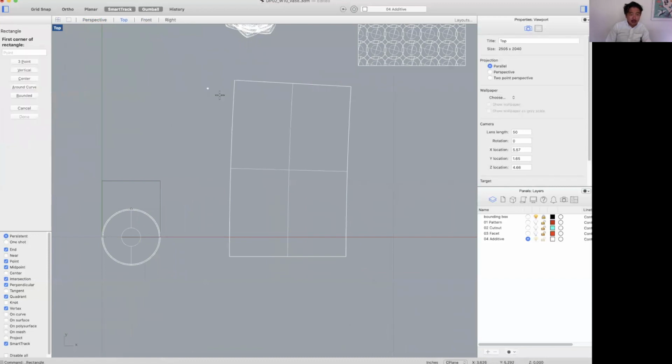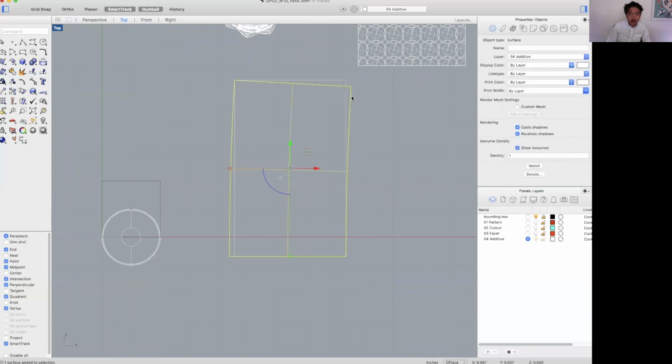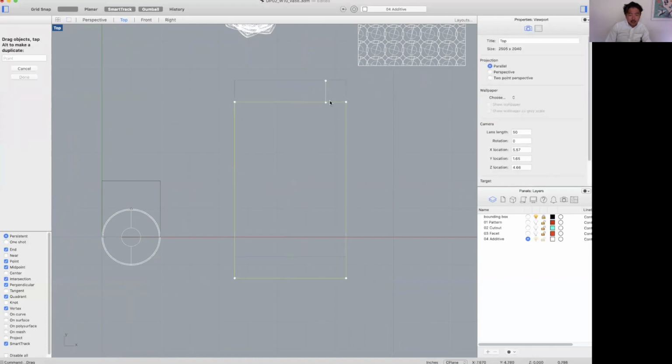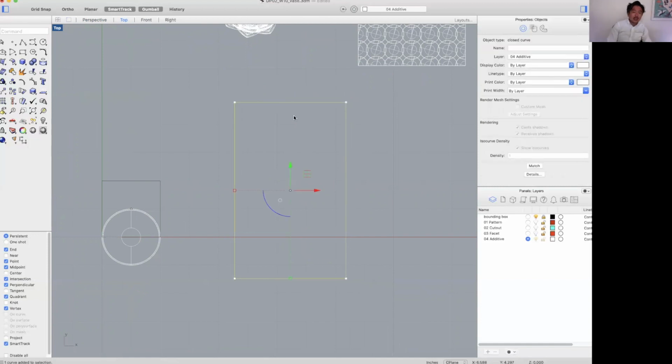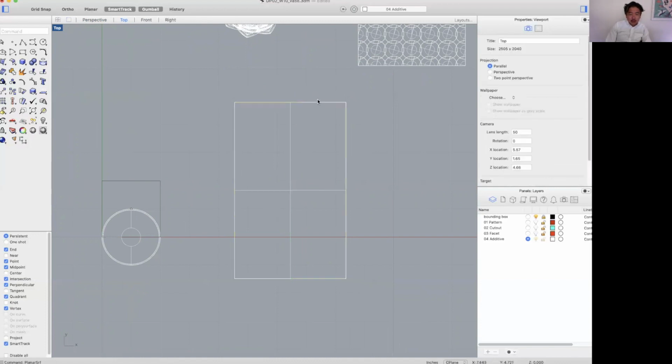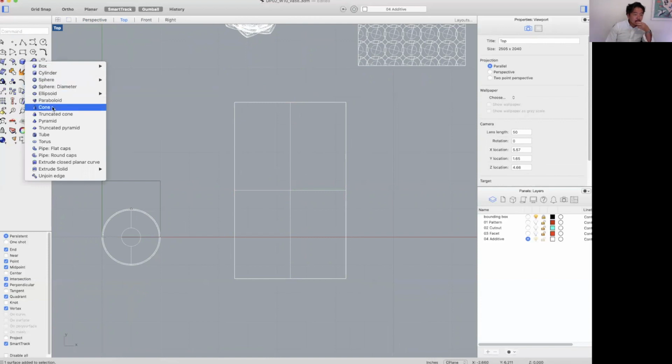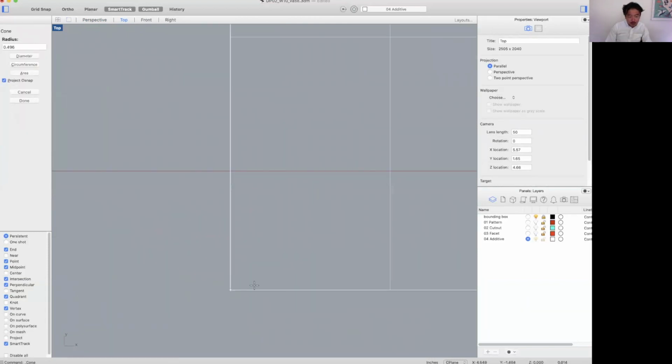So we can use this kind of surface. Okay, now that is good, and this needs to actually be a surface, so we're going to change it to a planar surface. And on this one, we are going to create, let's see, a cone. Okay, so create a cone object,